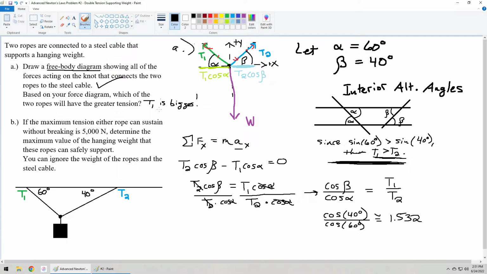T1 is bigger, right? So that's it for part A. We know that T1 is definitely bigger because it's bigger by a factor of a little over 1.5, so it has to be bigger. With that, let's move on to part B. And in fact, I'm running out of room, so let's copy and paste this part over to a fresh page, perhaps with the